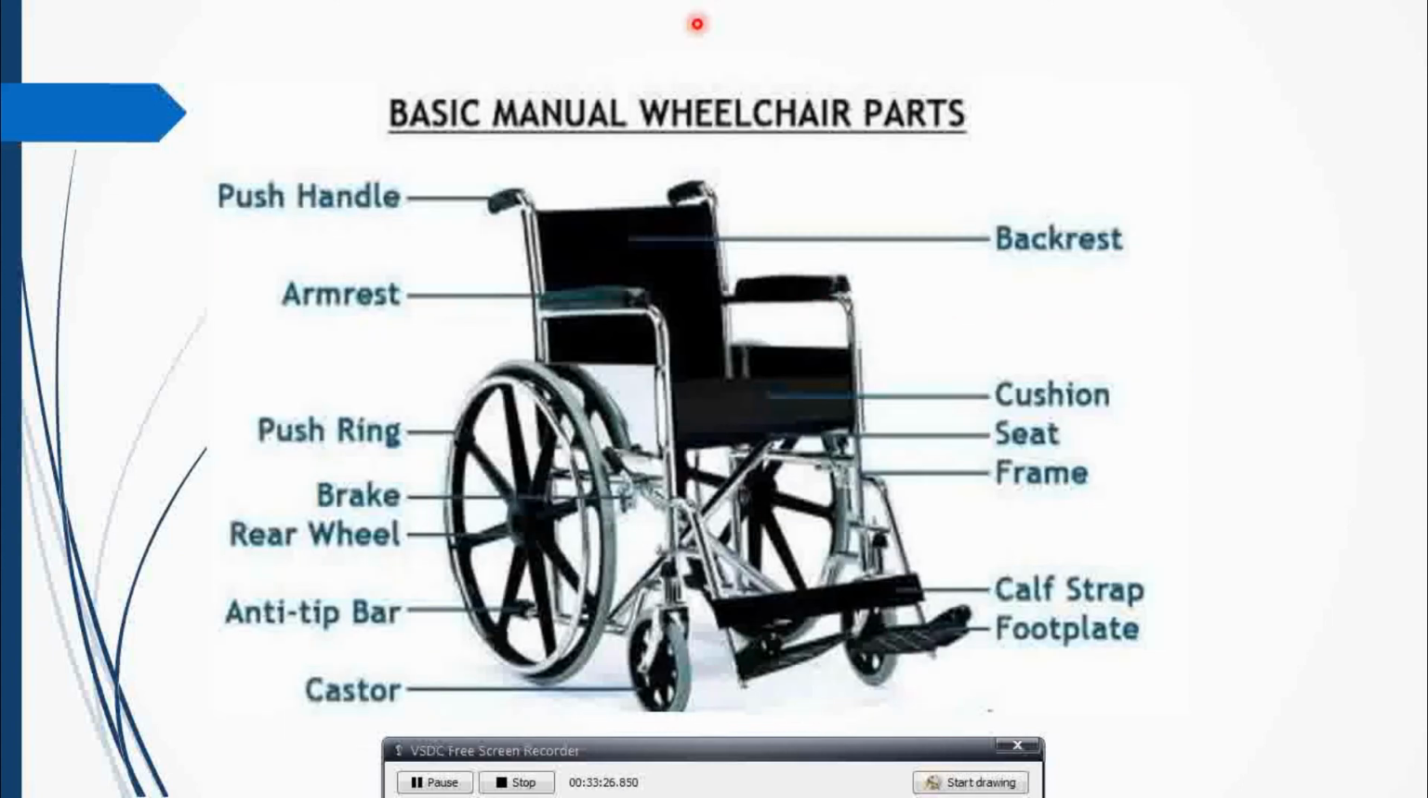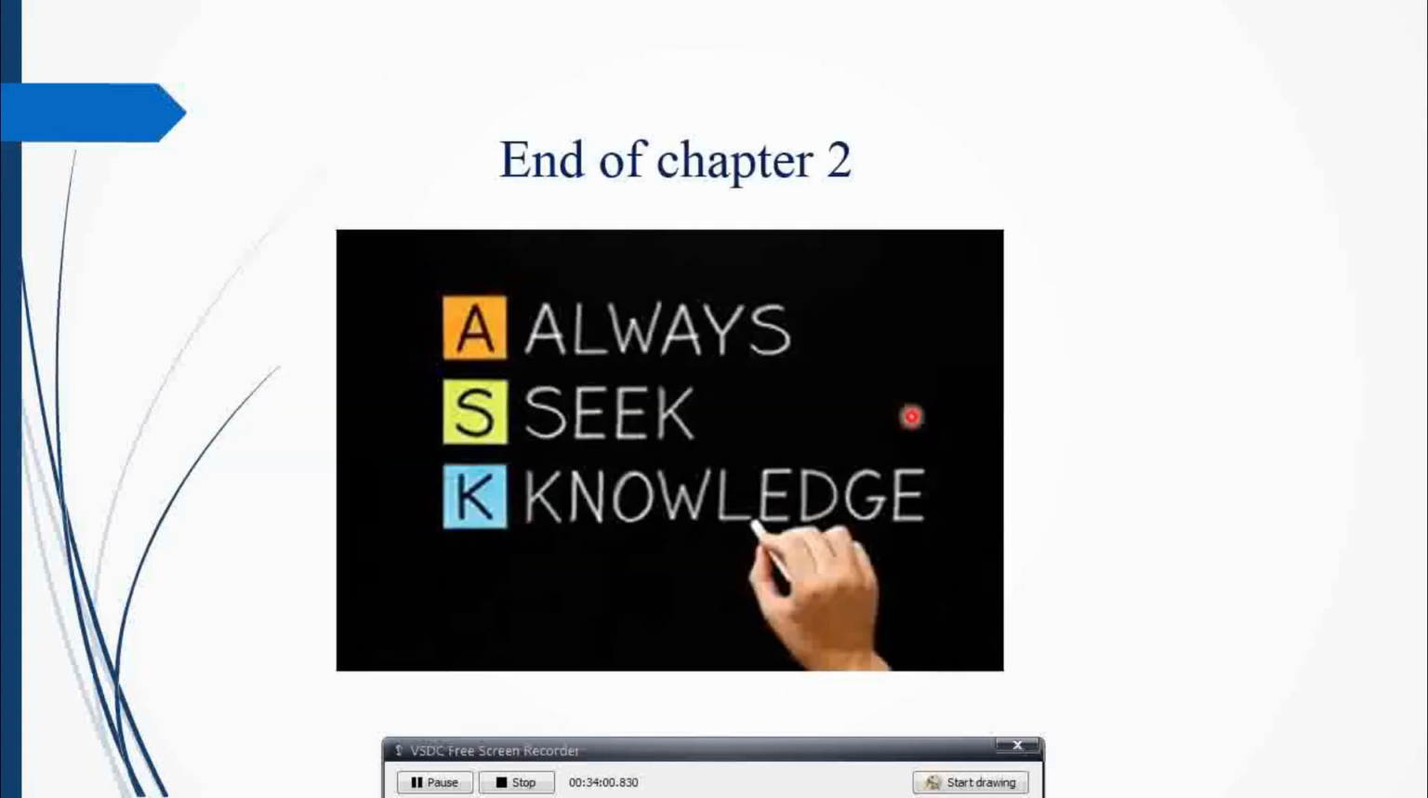Okay, this is just to show the basic manual wheelchair parts. Maknanya ada banyak benda-benda yang telah ditambah. There are so many things, parts has been added to the wheelchair, so that it becomes a complete useful wheelchair which is user friendly. The bar, caster, brake, push ring, armrest, push handle, backrest, cushion, seat frame. So many components have been put into the wheelchair, so that it becomes a very useful system for the user, right? Okay,